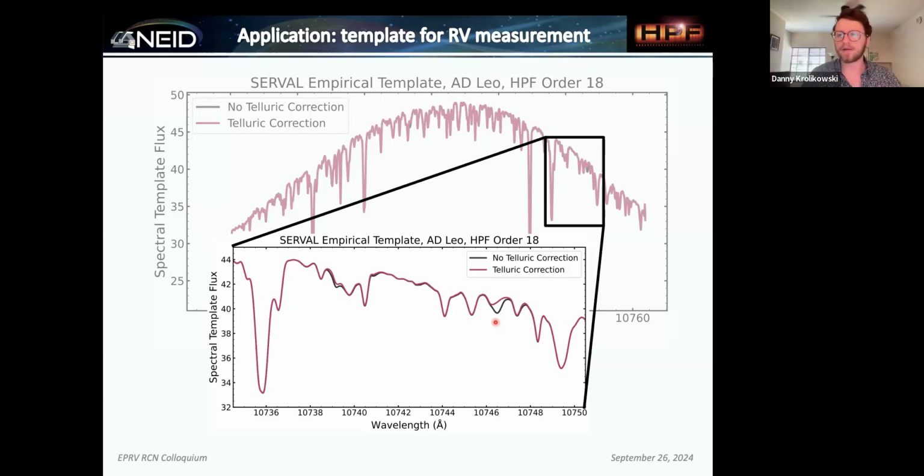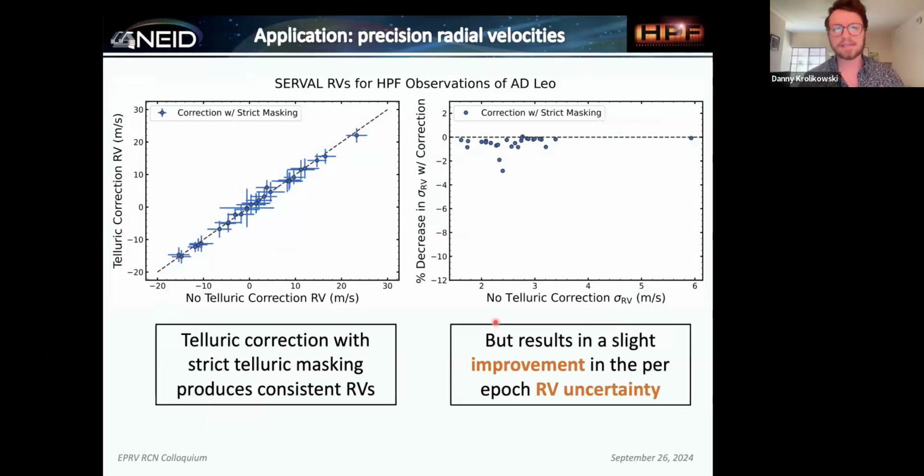And so even without adding in any more spectral region from the telluric correction by making that masking more lenient, you are creating a more accurate template, which will improve your radial velocities. I've only just started looking into this, but here is actually using Serval to measure RVs from